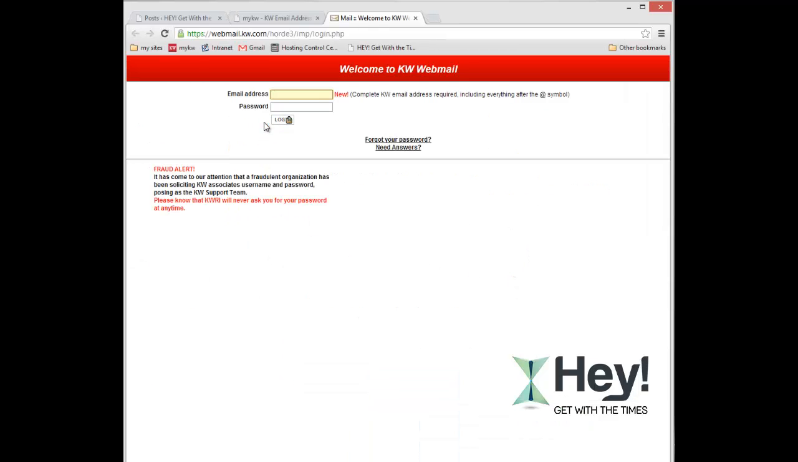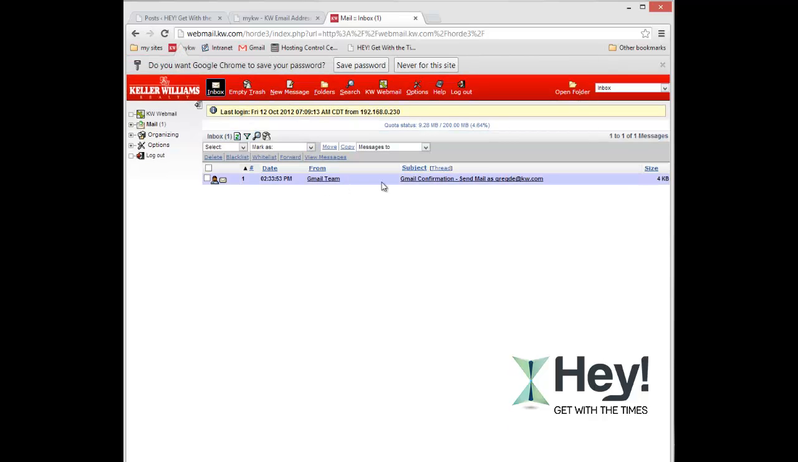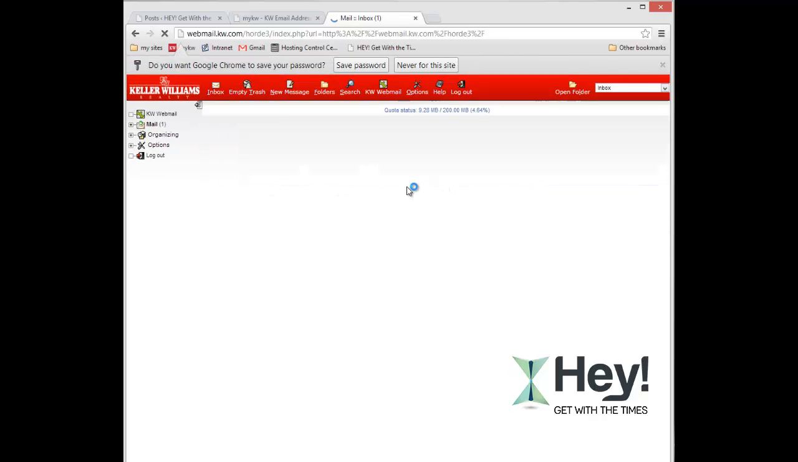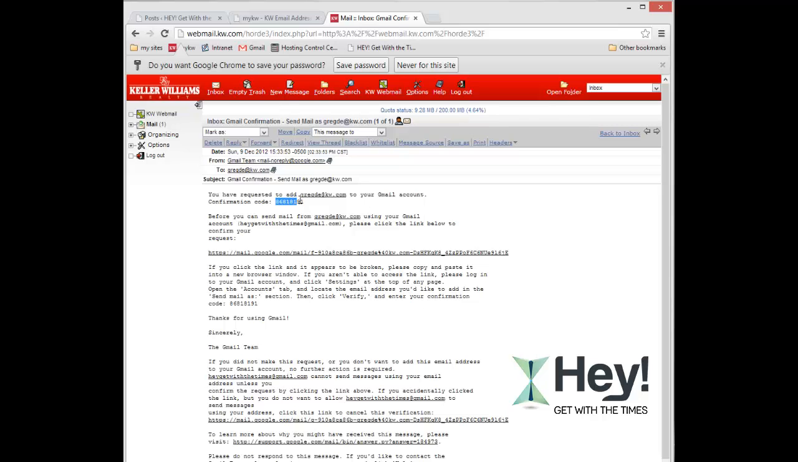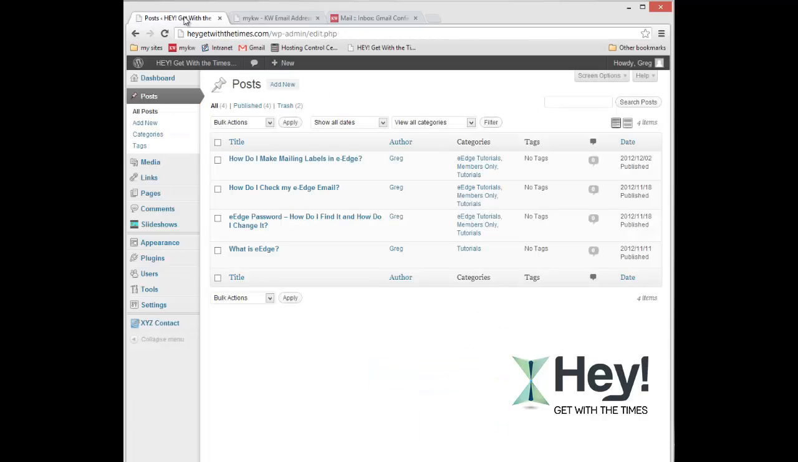Let's call this the old-fashioned way, because remember, once I put this information into my Gmail, I no longer have to go to KW to check my mail anymore. So what I'm going to do here is just type in my address. And I will see that I now have an email from Gmail team, hopefully. There it is. And when I click on the mail, I have a code here, which I'm going to copy. And I'm going to paste into my